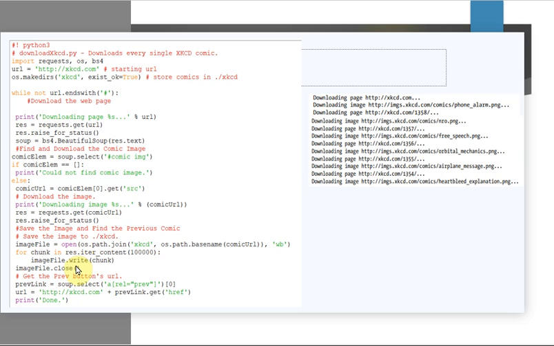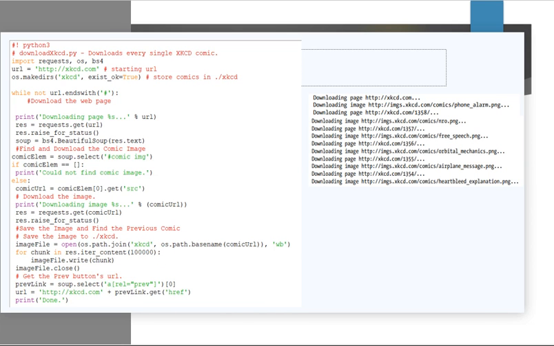So what did we do till here? You opened xkcd, then you found a particular image, downloaded that image, and saved it in your current working directory, that is xkcd. After this, one image is done. Now it is like you are clicking on the previous button. That is the next step we are going to do: get the previous button's URL.